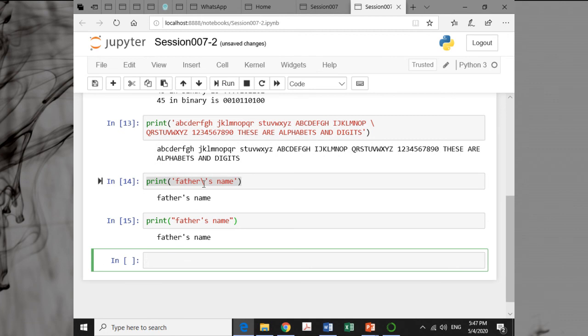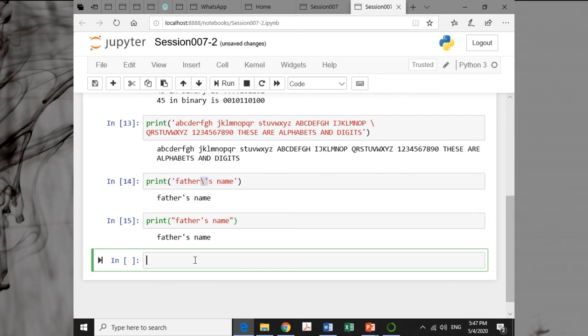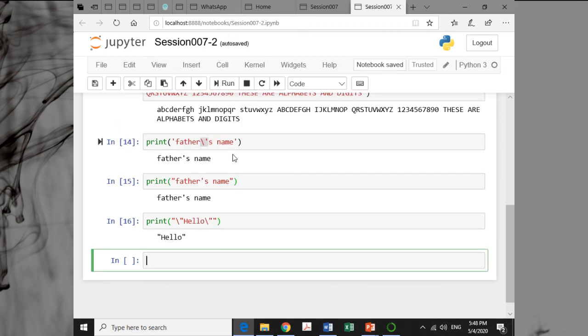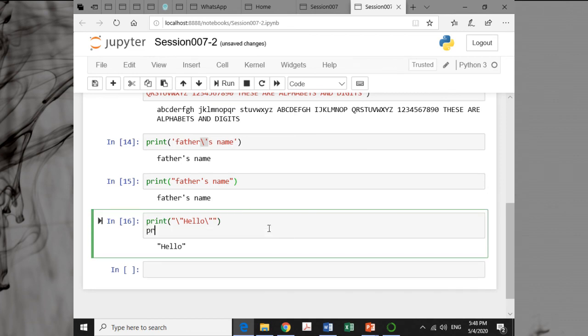So this is a tip. If you want to print a single quote, you can use slash single quote. Similarly, if you want to print a double quote, you can use slash double quote. Suppose I want to print hello in double quotes, so I will say print, one way. Okay, this is one way, but it is a lot more complicated.